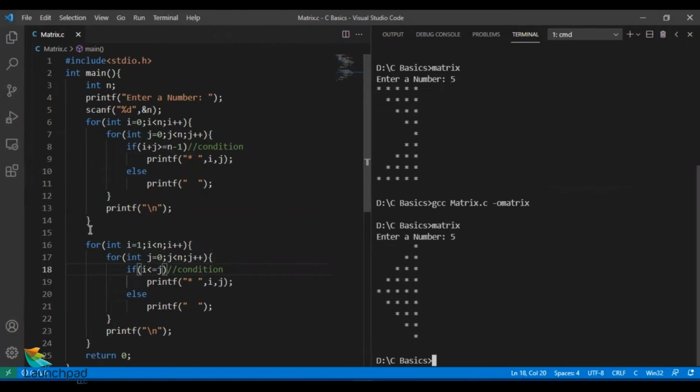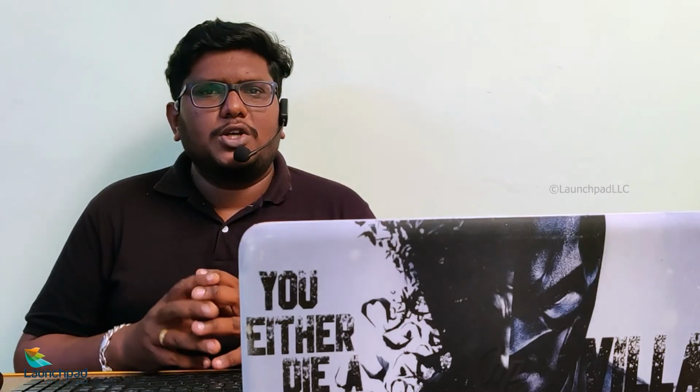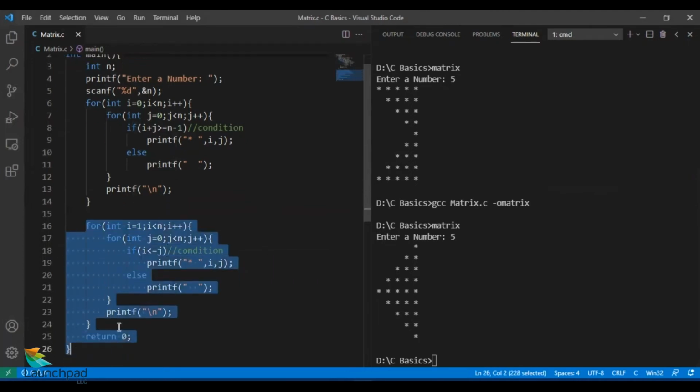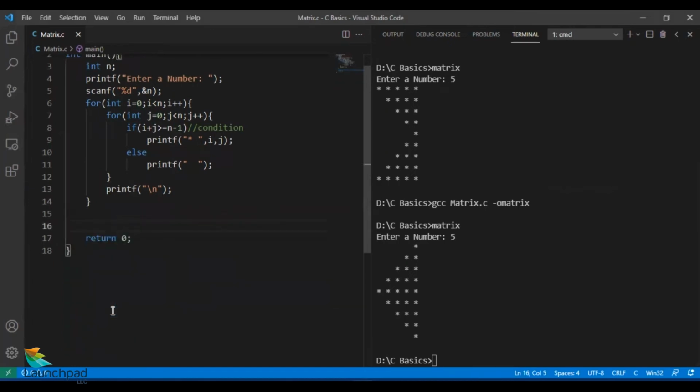Hope this is clear. Let us quickly jump on to the next kind of join, that is vertical join. The difficult part about vertical join is that both the patterns should be printed parallelly. So when I say parallelly, both the patterns share the same I loop, where I represents rows. Since it is printed parallelly, both the patterns will share a common I loop.